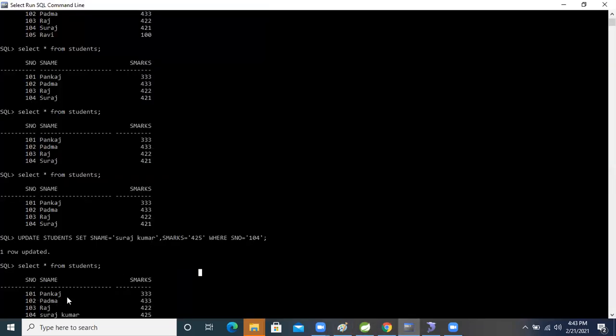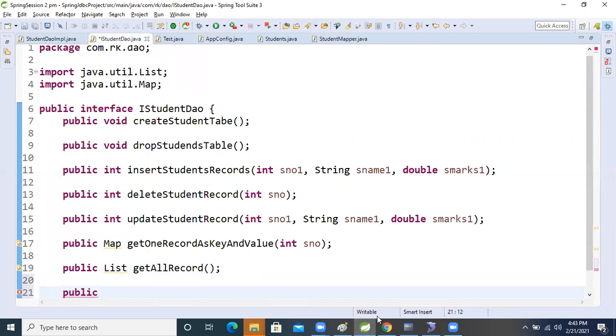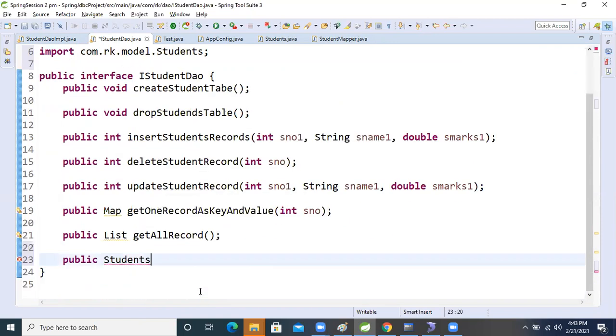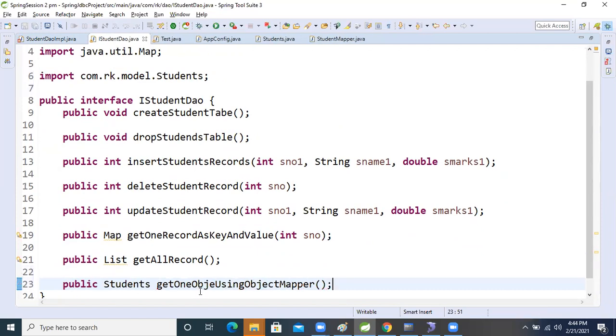This time the return type is an object, so we take the class name Students. The method is get one object using object mapper. This is our method.